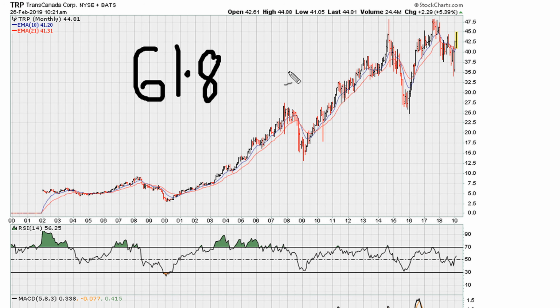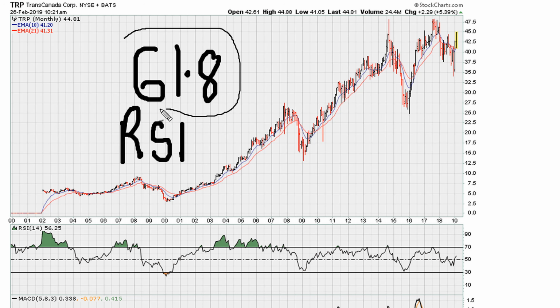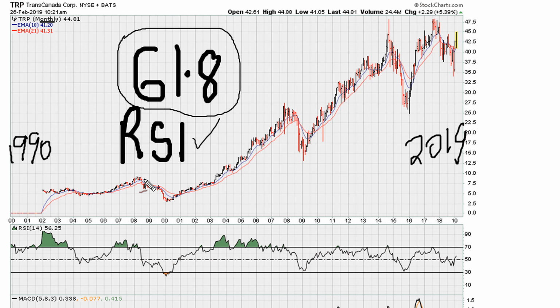as relates to the RSI. Now, of course, we use the 61.8 level when analyzing price action, but frankly I've never had anybody talk about how to use the 61.8 level on the RSI. This is my own research. Let's get to it. If we take the biggest drops,